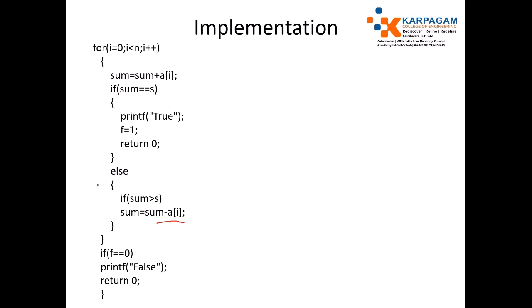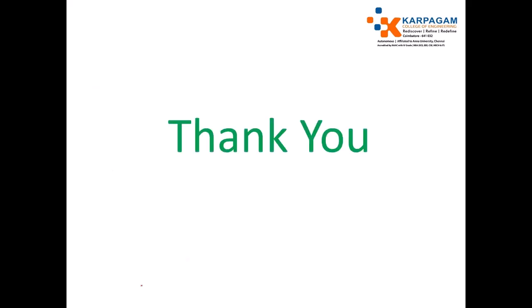After completing the loop, just check whether flag equals 0. If flag equals 0, it will not enter into this condition. If it is entering into this condition, it returns true and is set to 1. If flag equals 0, just return false. It means that it is not possible to make the sum. Finally, just return it. This is very easy. Here we do a pre-processing step called sorting. That is important. Otherwise, we have to use the brute force method. So make use of this kind of logic to solve this problem. In any case, thank you. We will meet in the next class.